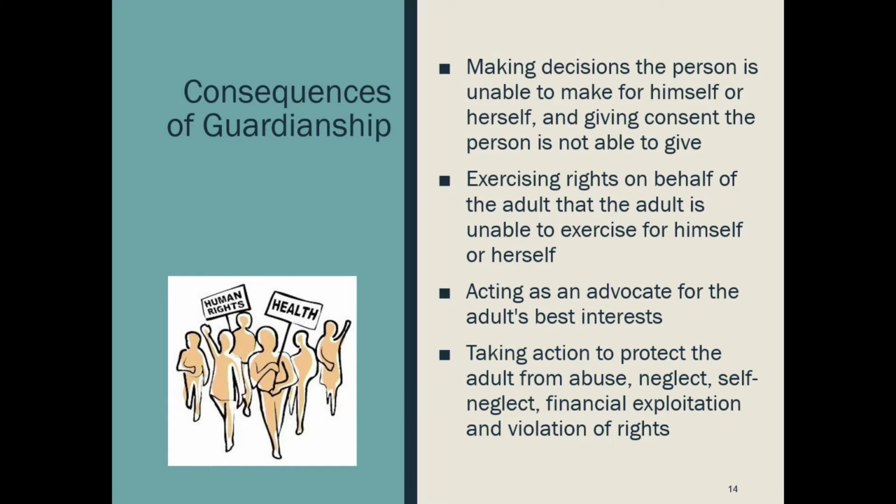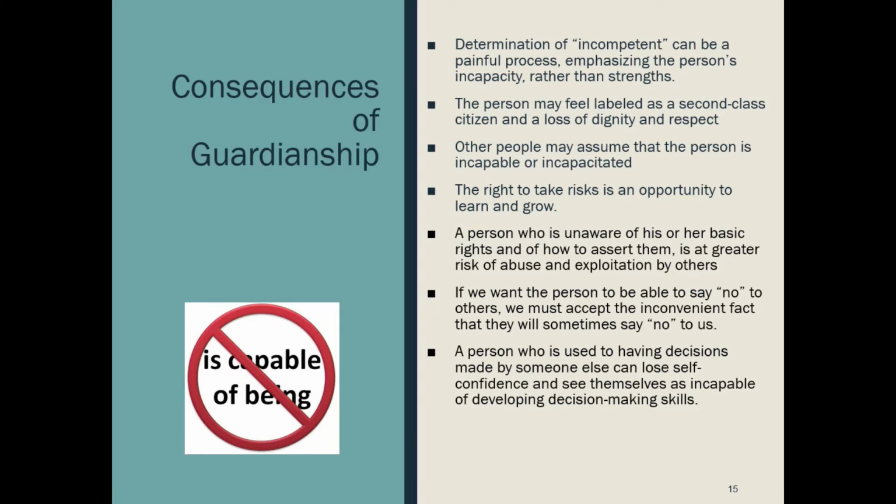Similarly, along those lines, if someone is not able to exercise their rights, they need someone to help make sure that that happens, and to act as an advocate on behalf of that person if they can't do that for themselves. And to take action if that person is in a situation that isn't safe, and to protect them from situations of abuse and neglect. So individuals need people in their lives who have the right to do that on their behalf if they can't do that for themselves.